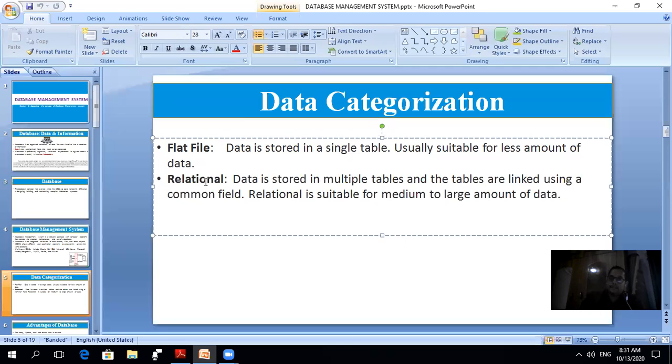Then relational database, relational model या relational file. Here data is stored in multiple tables and tables are linked using a common field. Here, in a relational file, it works with more data or large amount of data. Here we store data in table format or more than one table. एक टेबल में या एक से ज्यादा टेबल में हम डाटा स्टोर कर सकते हैं, किसमें, रिलेशनल मॉडल में, ठीक है. And the tables are linked using common field, means one table is connected with another table with same field,